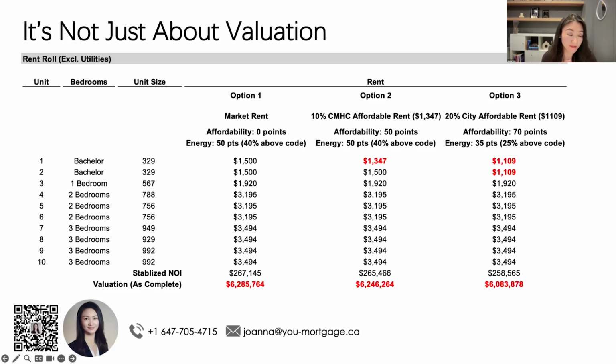Like many developers today, they were facing a familiar question. The project makes sense operationally, but financially, the margin was very tight. This site in Toronto is in a very good location, so rental demand is strong. The unit mix is good: bachelor, one bed, two bed, three beds. Fundamentally, this is a very typical missing middle project in the GTA. A lot of smaller developers are just building from 5-plexes to 6-plexes in Toronto. It's very easy to get approved, and construction cost is relatively lower.